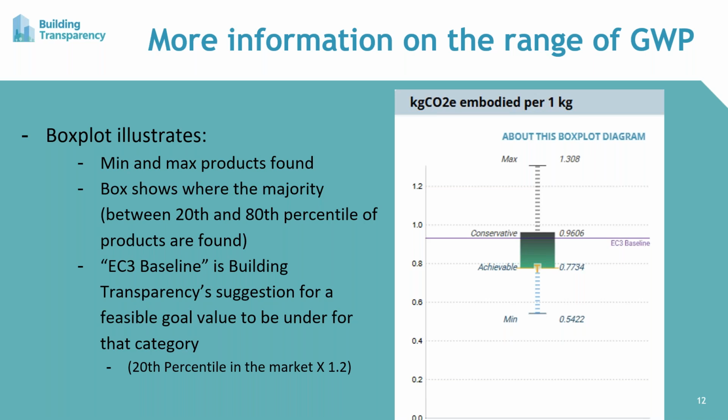And the EC3 baseline, with the purple line, is our suggestion from Building Transparency of a feasible goal to try to be underneath for that category. And it represents the GWP from the 20th percentile product multiplied by 1.2. So it's just slightly more achievable than the 20th